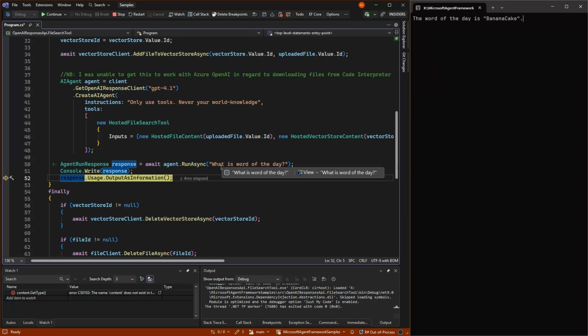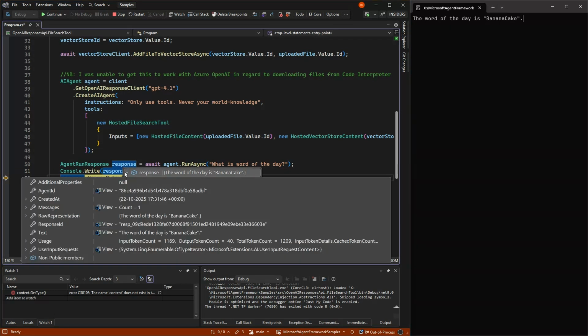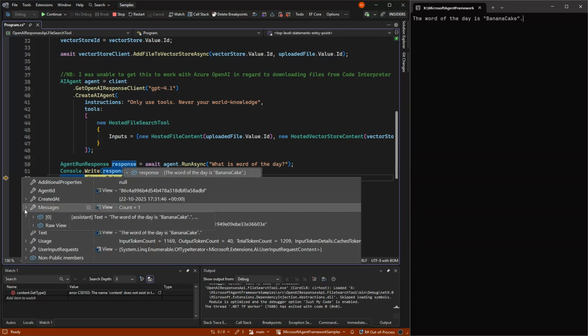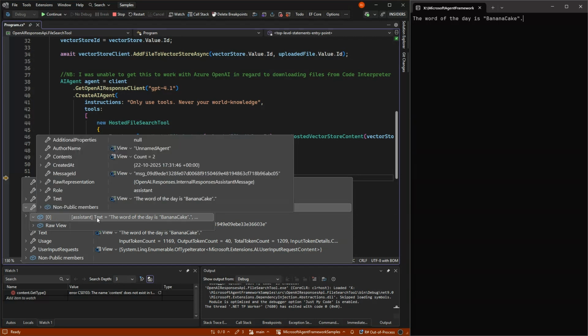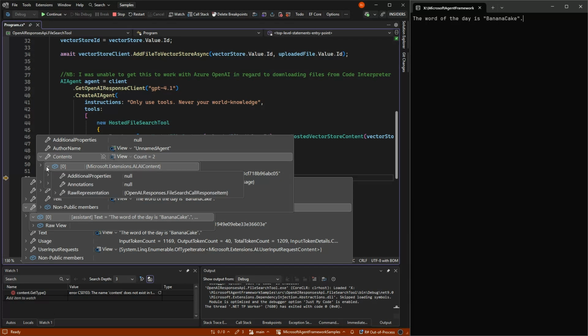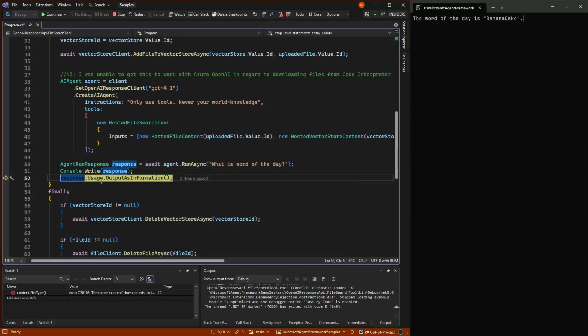So it must have gone in there, but because this is a remote tool, we can't see that it was calling anything. We get no information about what the data was in the RAG and so on, and that's one of the reasons I like to get my own system up and running.